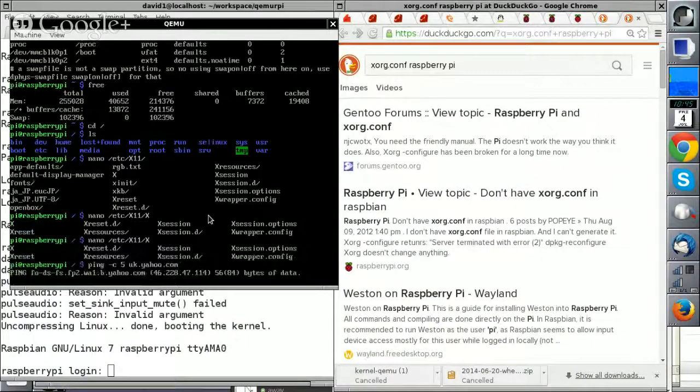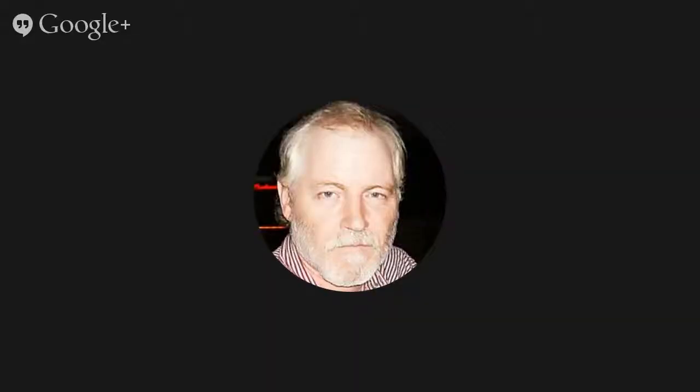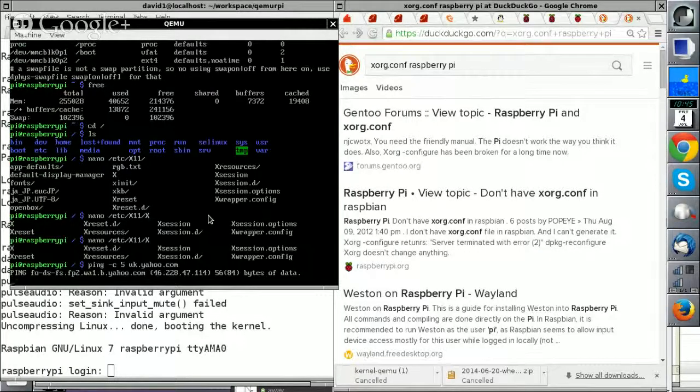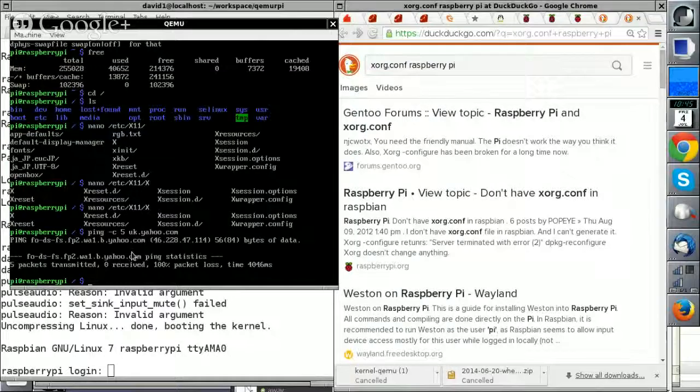Oh, seem to have network. Oh, it can resolve a name, but it's not getting anything back. That's odd. It should have resolved something by now. Yeah, it has resolved something there because it's got an IP address to ping to, but yet it hasn't got anything back. So maybe if I do apt